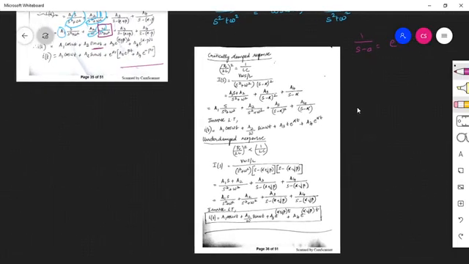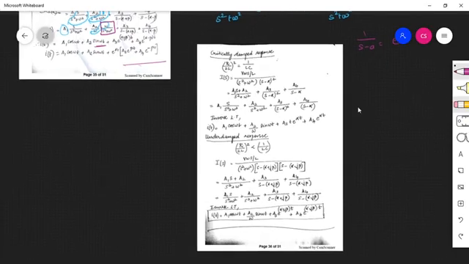The next condition is the critically damped response, where both the values are equal. So beta becomes 0 and we will only have alpha. The first term remains the same, unaltered: a1 s plus a2 by s square plus omega square. The third term is a3 by s minus alpha the whole square, plus a4 by s minus alpha. So once again, taking the inverse Laplace transform, the first term becomes cos omega t.